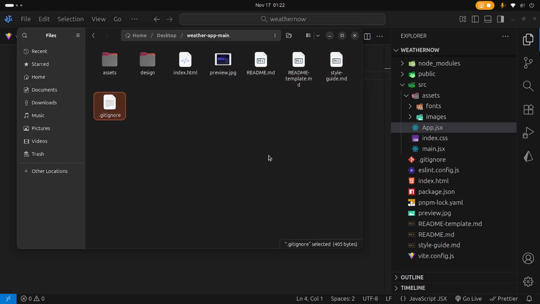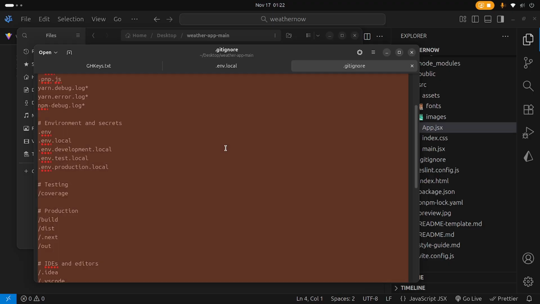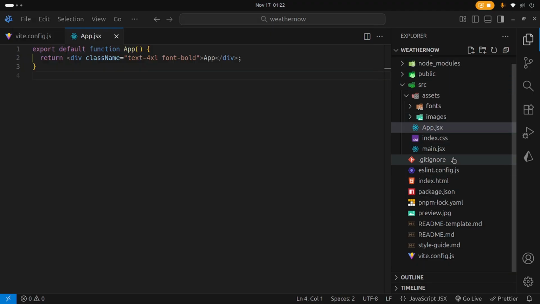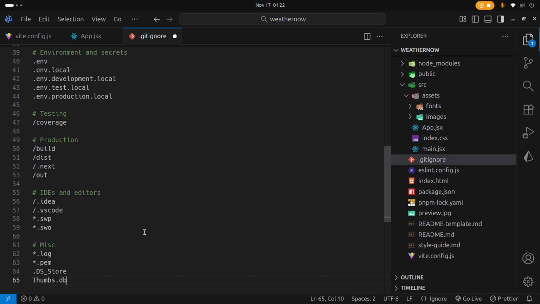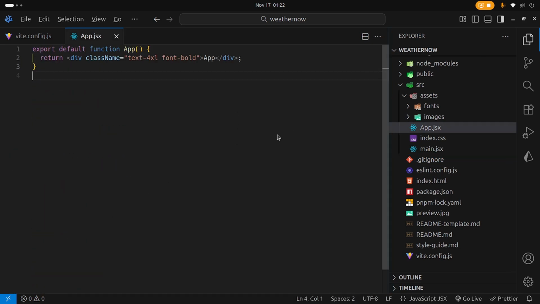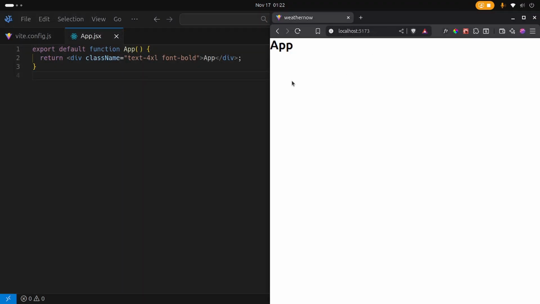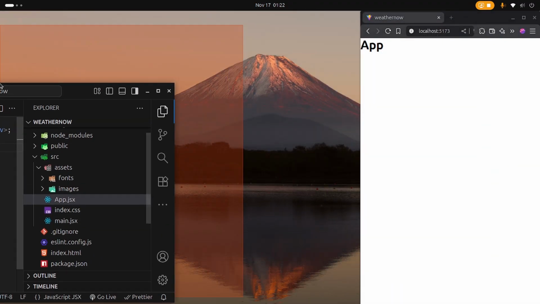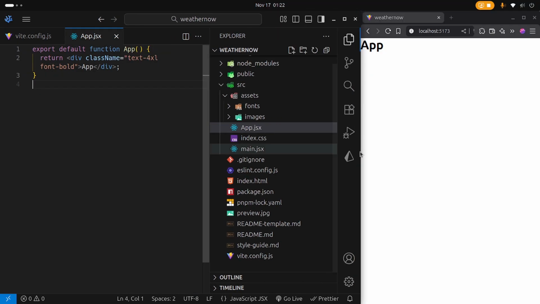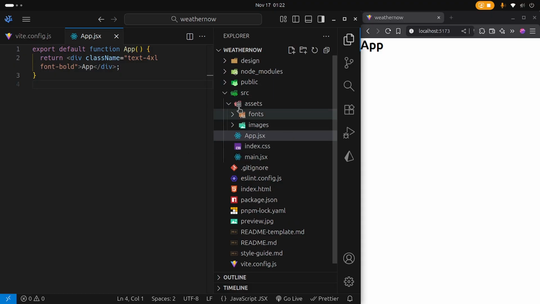And then for the .gitignore, let me open this up to see if we need anything inside here. Probably we can just copy all of this, and then inside our .gitignore right here, you can just paste it at the bottom and then save it. So now let's begin to type away. I think we are now ready. So let me close this. Let's place this to the right, and then let's place this to the left, just like that. And then should we close the sidebar? No, let's first of all